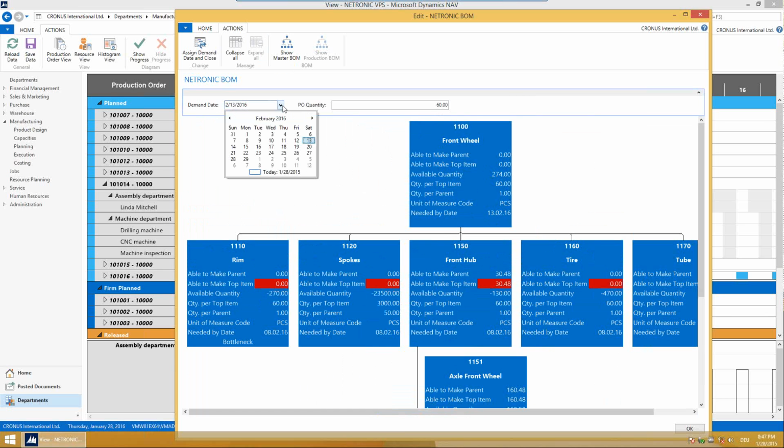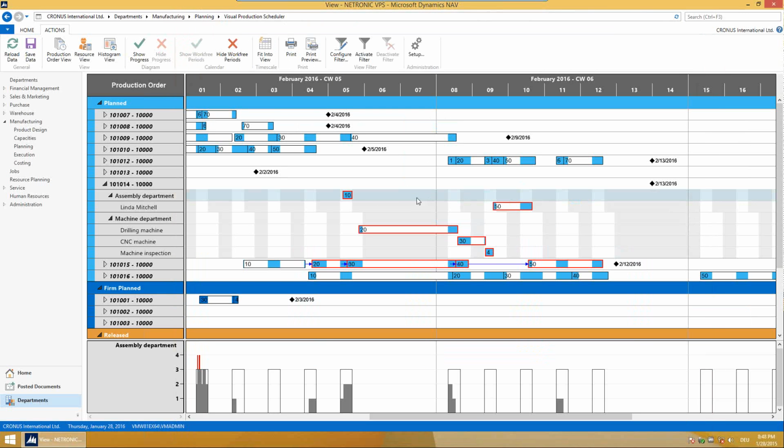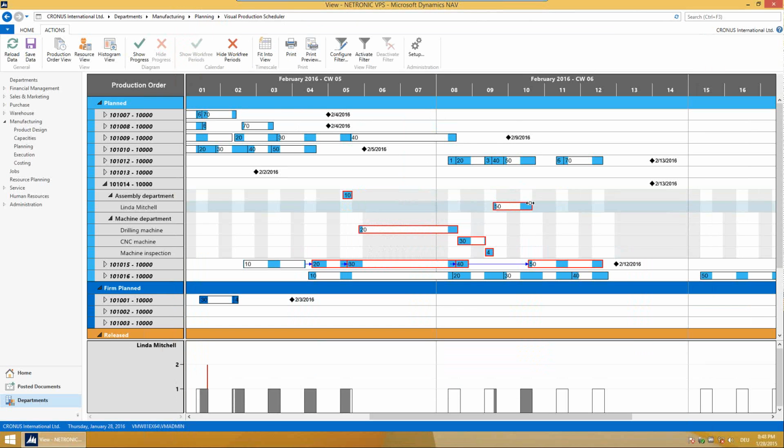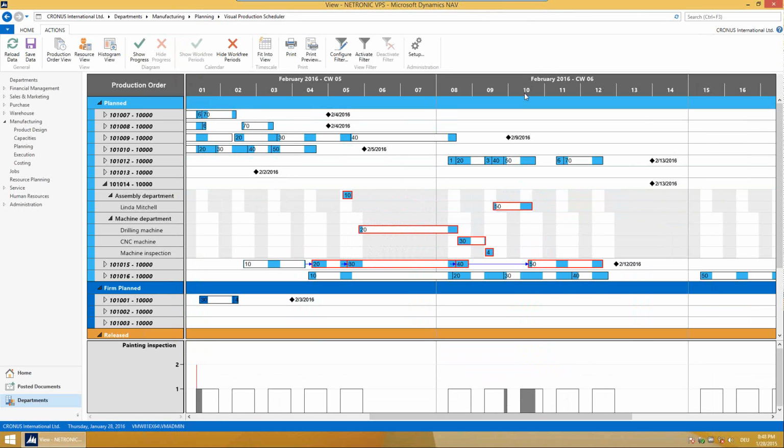So we have this date picker here, and if we want to deliver on Wednesday the 10th, I can do this. And now if I leave this field here, all these figures get automatically updated. And now I can see, okay, if I would be asked to deliver on the 10th of February, these 60 pieces, I still would be able to do this. And then I can say assign demand date and close. And if I do this, everything here automatically moves to the left. And now we are finished with this on February the 10th. So this is information